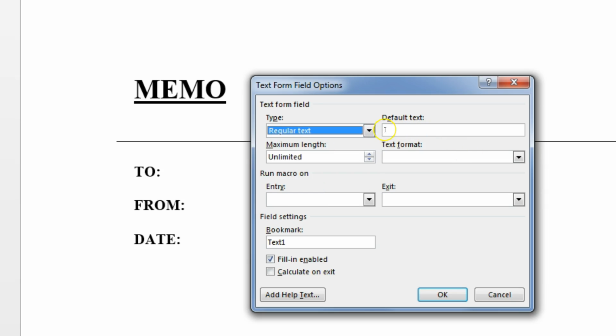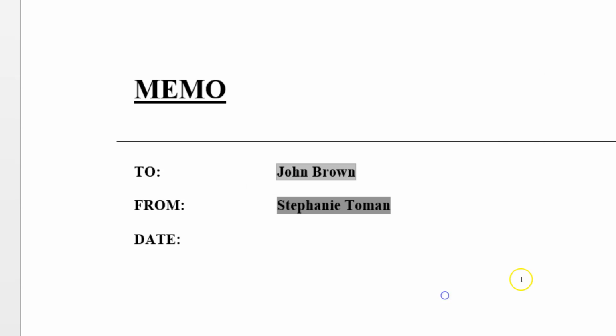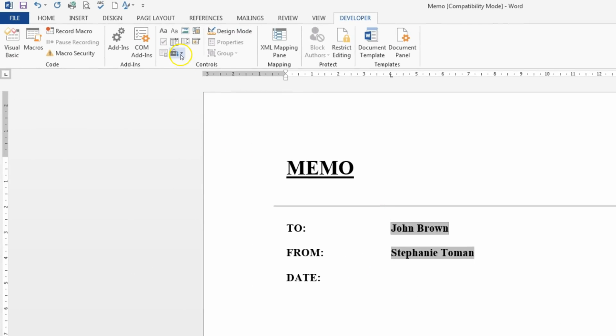We're going to keep with regular text and use the default text where you're going to type your name in. And this they will see at all times as they fill in the form, so they'll see that it's from you, and then we OK that, and that's what they'll see there. So in front of the date, once again, tab over, and this time we're going to add in another text